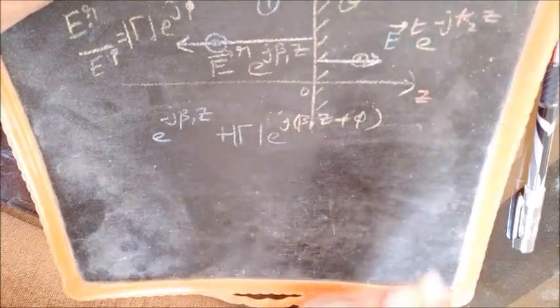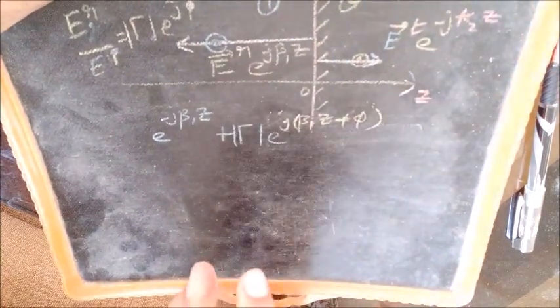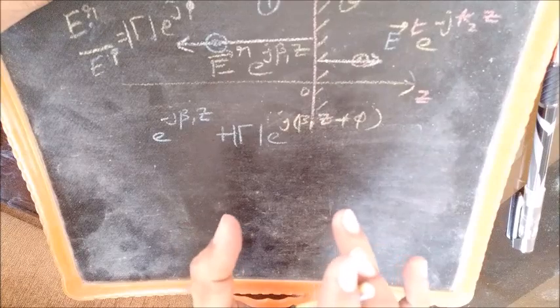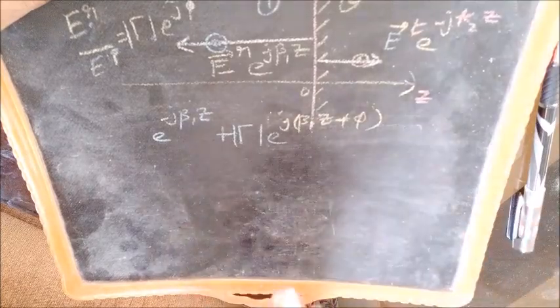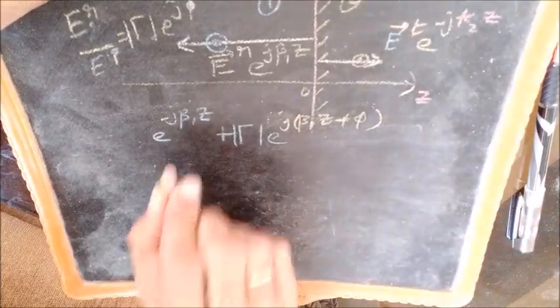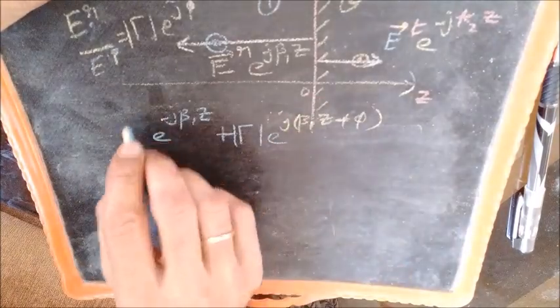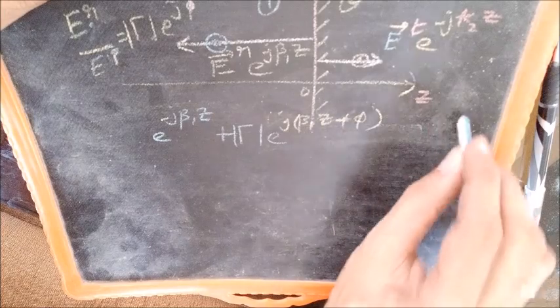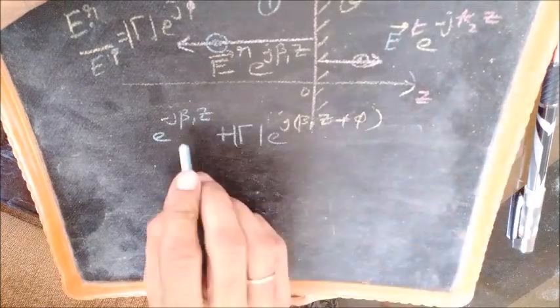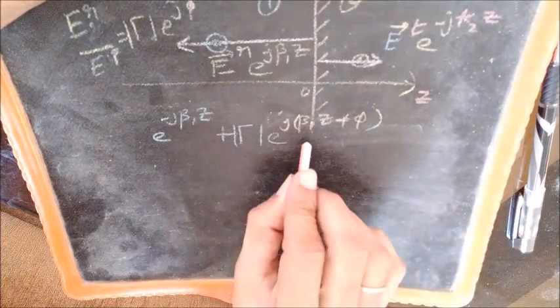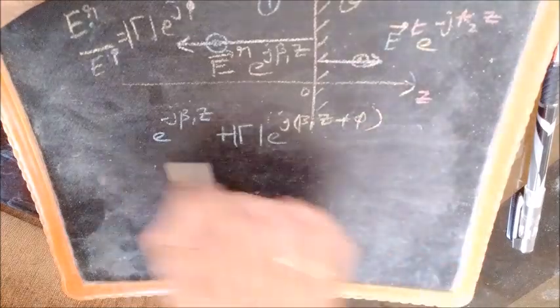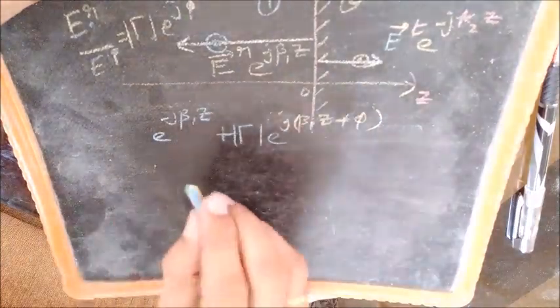Before I show that simulation, we'll just try to understand what is that periodic variation in the amplitude, and then we'll see the simulation. So to understand the periodic variation in the amplitude, remember that this is associated with e raised to j omega t, which I have not shown here. There is an e raised to j omega t here as well as here, which we can take out and keep aside for the time being.